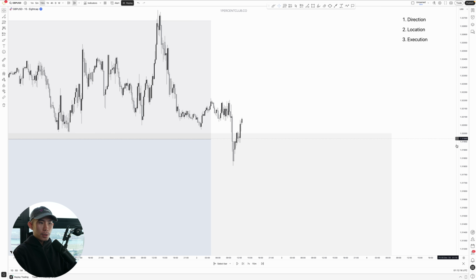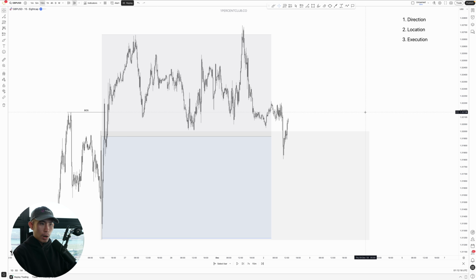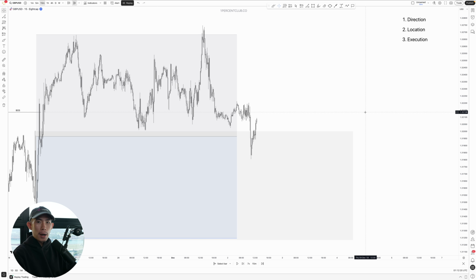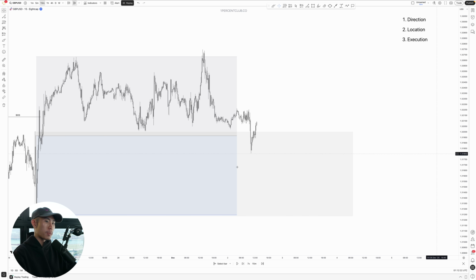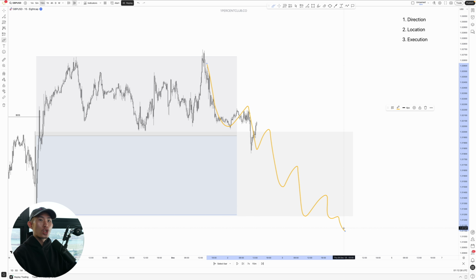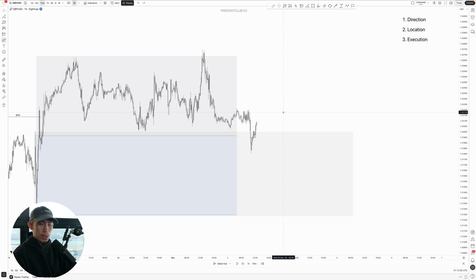So at this point, I'm looking for a few things, right? Because I don't just want to enter for a buy or sell randomly just because price has stepped into my point of interest. Because what can happen is that price can just continue crashing down just like this. So I want to look for my confluences. I want to look for my confirmations so that once again, I can get in at a perfect timing.